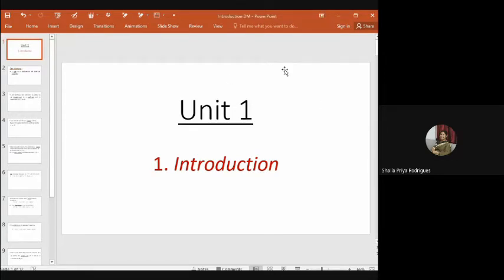Okay, before we start, can anyone tell me what is the significance of a set? Why do we have a set? You can put it up in the chat box. What is the significance of a set? Tell me in your own words. You may not give me mathematical definitions or something like that. Anything in general. What is a set? Why do we have a set? Why do we need a set?